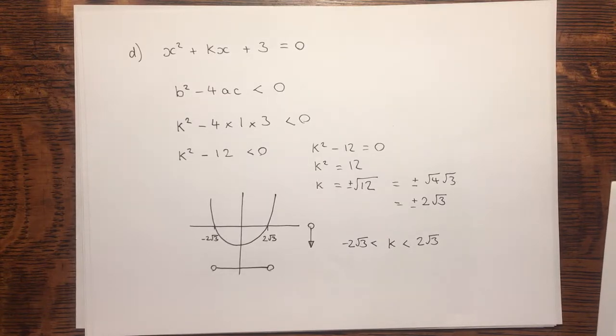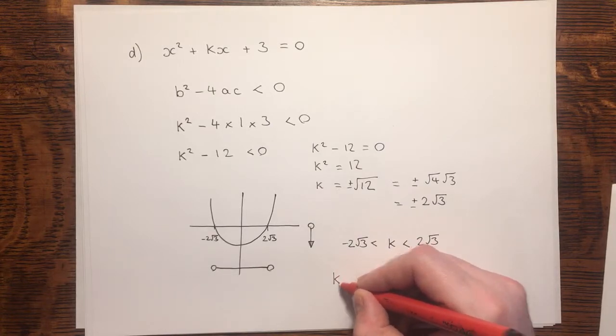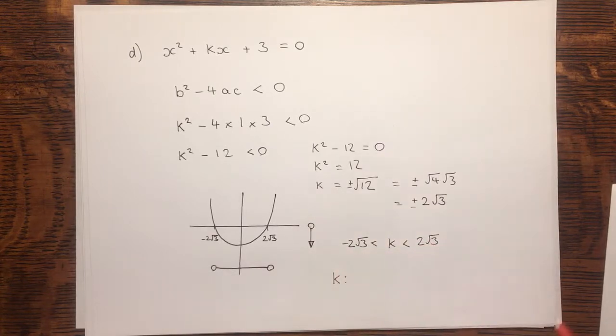So, what I need to do now is check the question. It says find the set of possible values of k, giving your answer in surd form. That's done. However, they might have asked us to use set notation, in which case we would have k, where